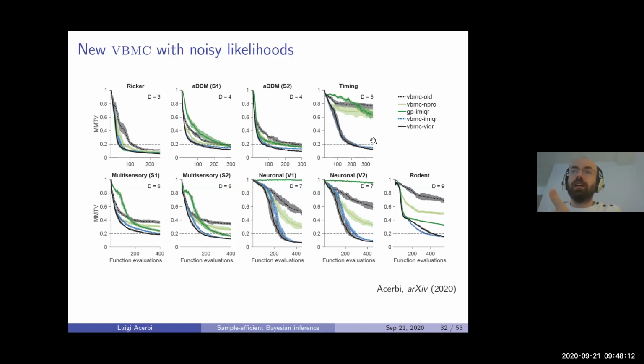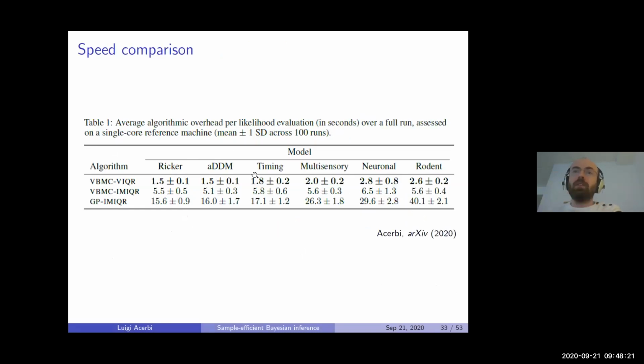These are not terrible. These are approximations which are in some cases very good, in some cases decent. And so now you have a method that is actually usable with noise. And it turns out it's also quite fast. What I'm showing here is the average cost per function evaluation. And you can see this method